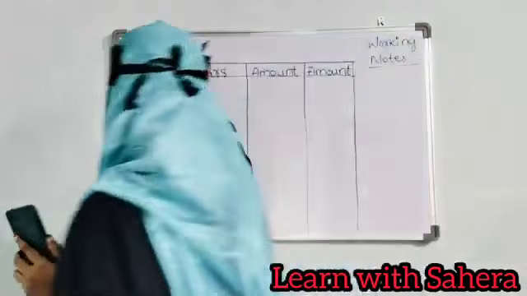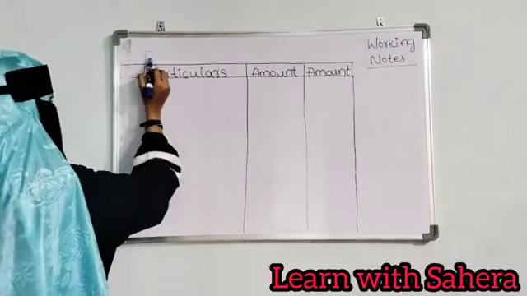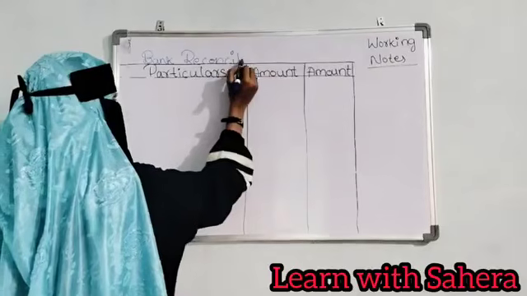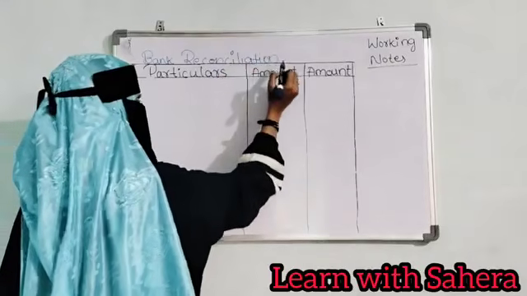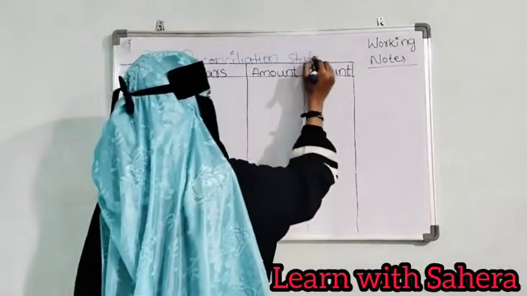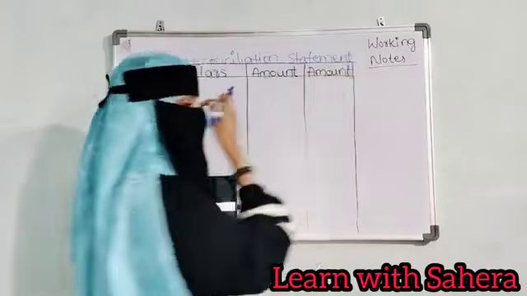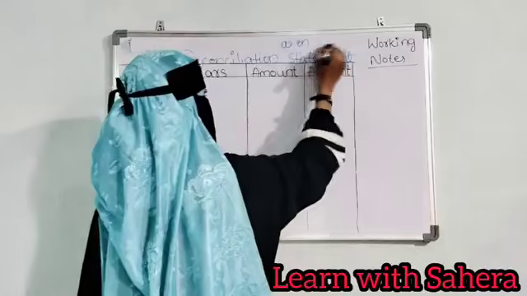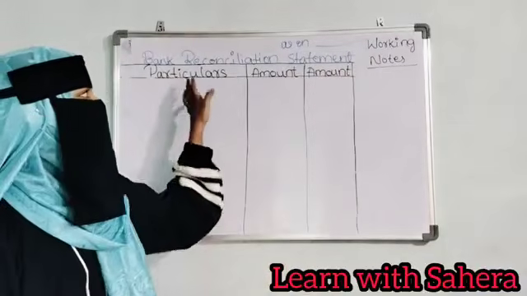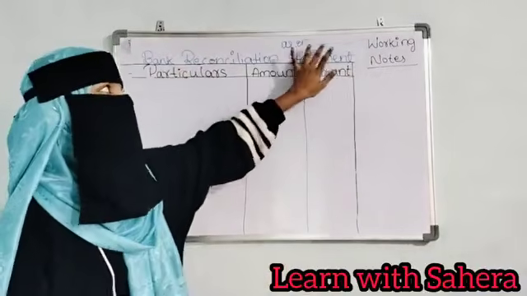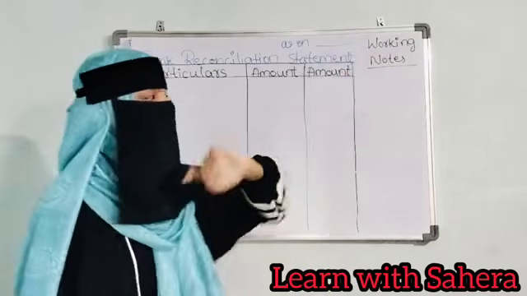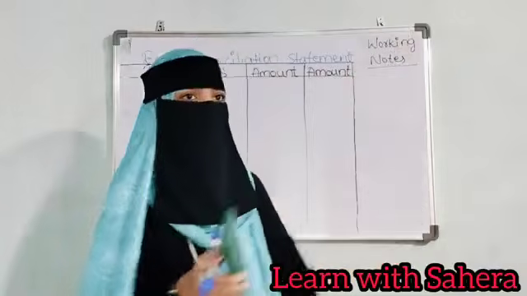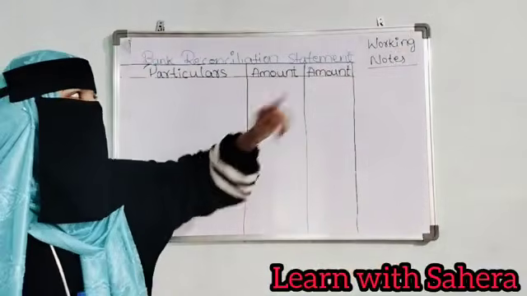First we have to write the heading as Bank Reconciliation Statement. See, he didn't mention any year or any date, so we are not writing "as on". Yes or no? I have already said in part 1 video, you have to write bank reconciliation statement as on whatever the date and year they have given you. Here they didn't give any date, so we don't write "as on". We just write bank reconciliation statement.